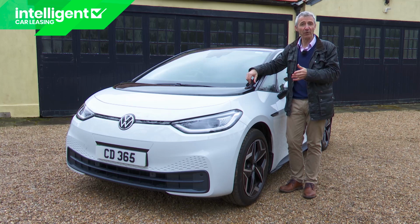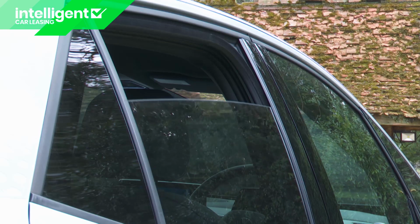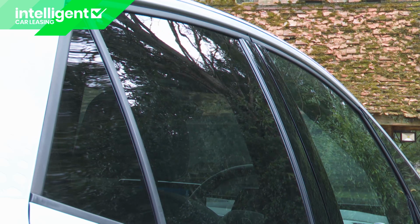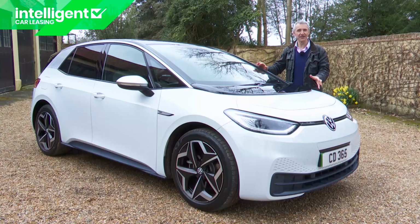That'll mean your belts will be instantly pre-tensioned and the windows and the sunroof, if fitted, will be immediately closed. And finally, with Tech, Max and Tour models, as we said, you'll also get the Assistance Plus pack that adds